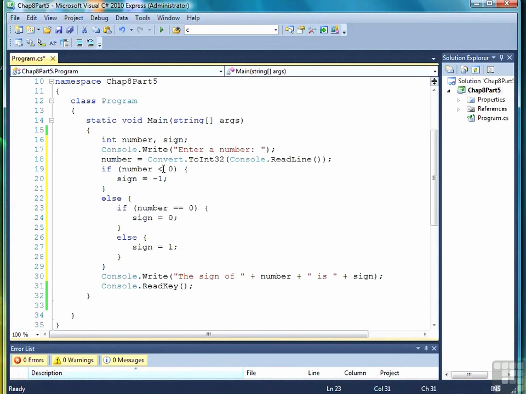If the value of number is less than 0, assign the value -1 to sine, and that's all you have to do. If number is not less than 0, then we trigger the else part, and then we say, well, if it's equal to 0, then sine is assigned the value 0, and that's all we have to do, and we can stop. Otherwise, else, if number is not less than 0 and number is not equal to 0, well, then it must be greater than 0. We don't need another if test here. We can just go ahead and assign